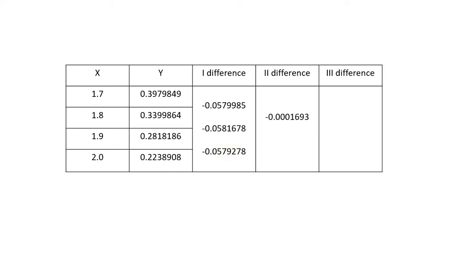Similarly, we can write the second differences by subtracting second value minus first value right in between. The next value is third value minus second value right in between, and the next difference can be obtained by writing second value minus first value right in between. So we have finished with the difference table. Always we will be ending up with only one single number. Either it can be a 0 or it can be a non-zero value.